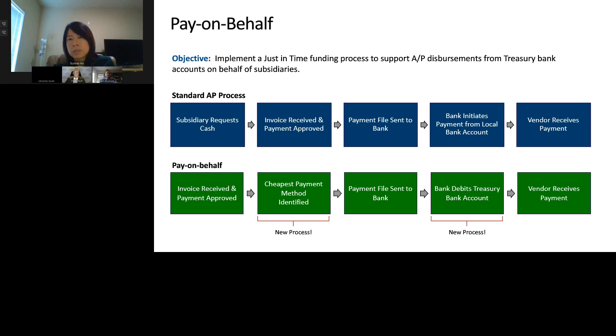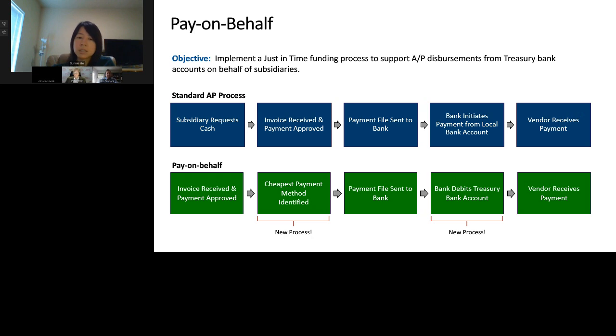For us, it's both cost and process efficient because we can set up various payment methods under the pay on behalf entity and route the payments to the cheapest options that we set up. We can also reduce the FX cost because the pay on behalf entity has more than 20 currency accounts set up. As a result, we minimize the engineering resources needed because we don't need to configure the SAP for the AP functionalities for each individual legal entity.